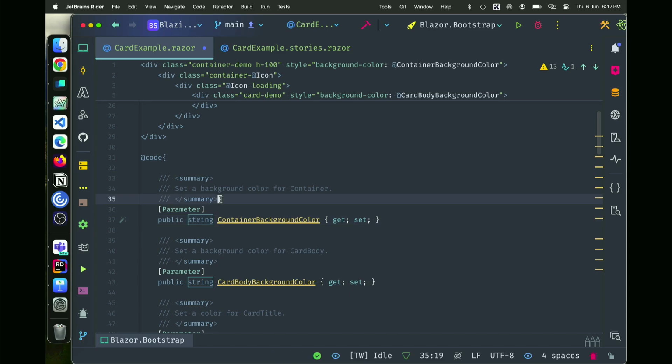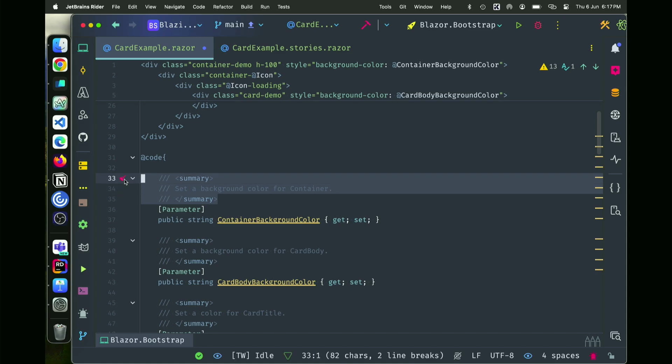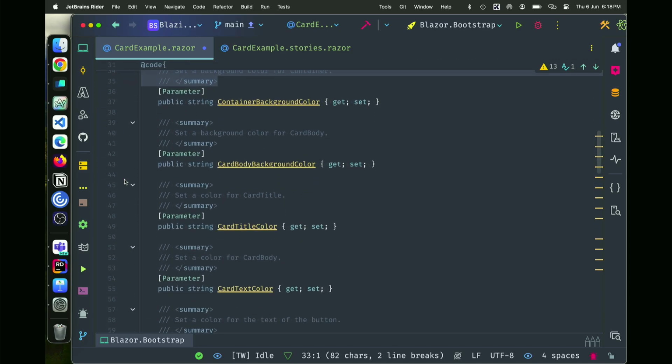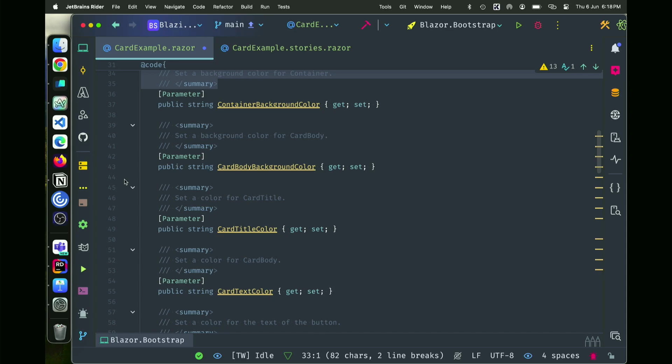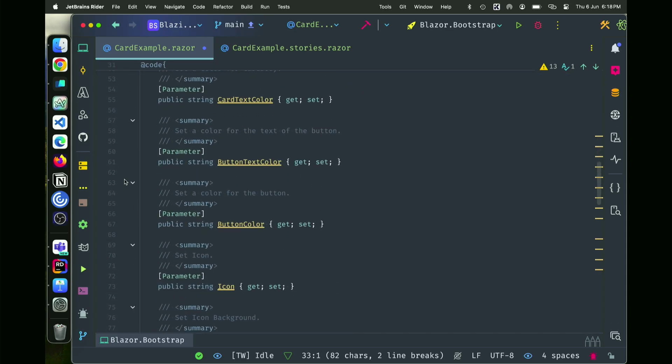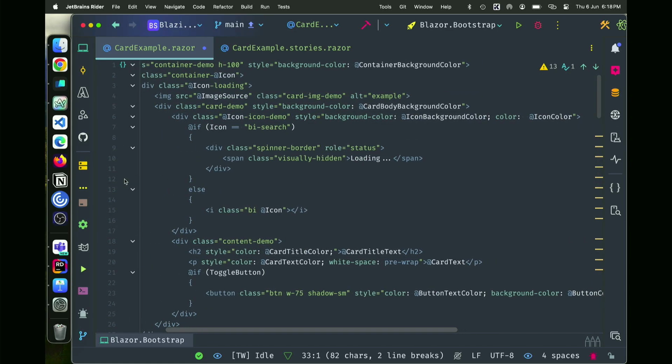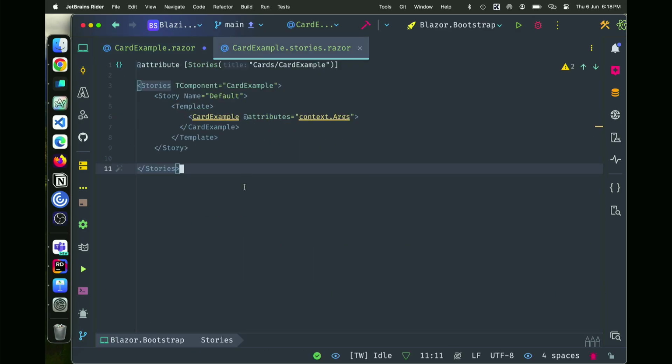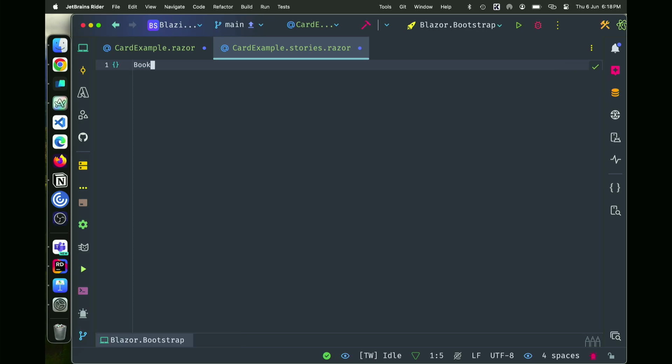Good question. These are all my code documentation, which is because I've got that generate documentation file toggled in my project. I have to add that in front of every property, and the rest is really standard Blazor, right? So we've got parameter, we all understand that because we're very clever. So there we go. Now that I've zooshed up or charmed up my card component, I'm going to charm my stories component, because stories now needs to know about the changes that I've made. So I'm going to do this and call up